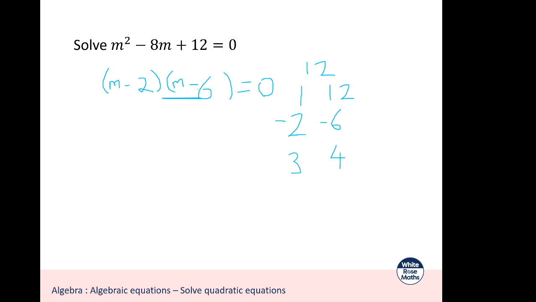Right, last step now, as she says, actually solve the equation. So either m minus 2 equals 0 or m minus 6 equals 0. If I solve the first equation, I get m equals 2. If I solve the second equation,